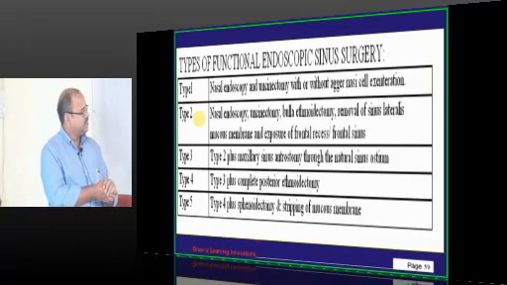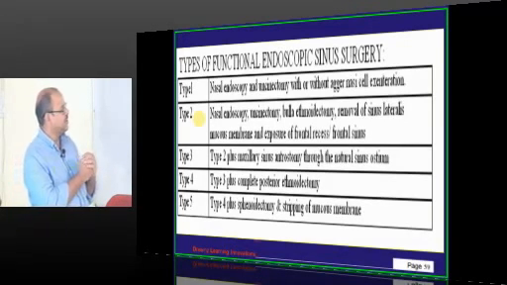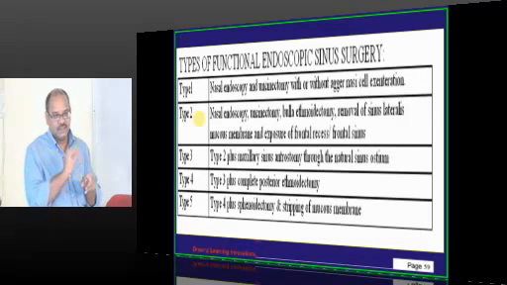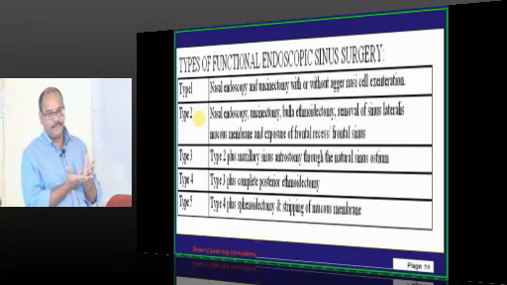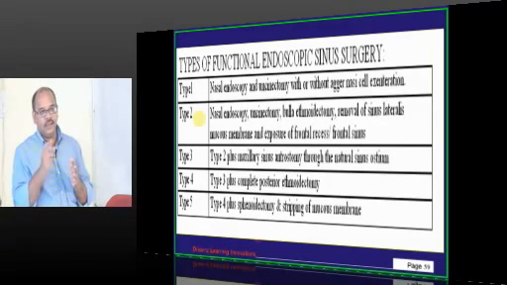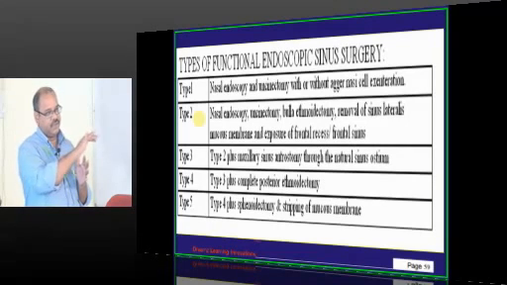Types of functional endoscopic sinus surgery. There are 4 types. Okay, nasal endoscopy, uncinectomy with agger nasi cell exenteration. This is type 1. This is a basic one. Doing uncinectomy and making the drainage pathway of the maxillary sinus, removing the obstruction to the drainage